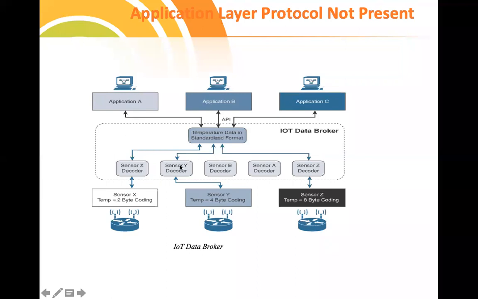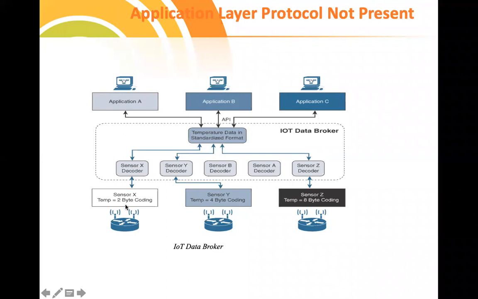And from the decoder, we need something called the data broker. This data broker's job is accepting data from the higher level and sending the data to the lower level, just receiving and transmitting. There won't be any storage. Based on the format it receives from the decoder, we need something like an API. For example, application A wanted to see the temperature from a particular classroom. So application A will send a request to the API. The API will send that request to the decoder. The decoder will send that request to sensor X.